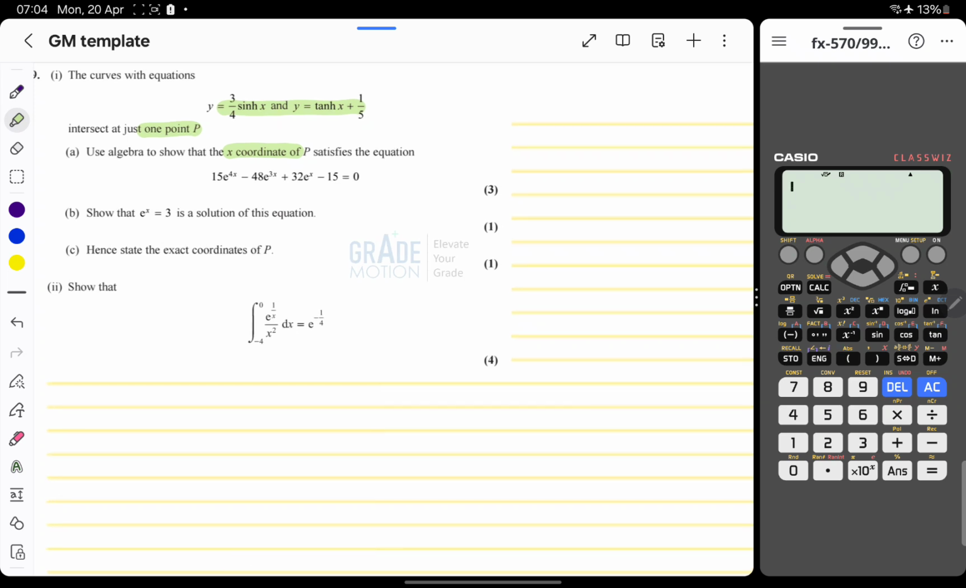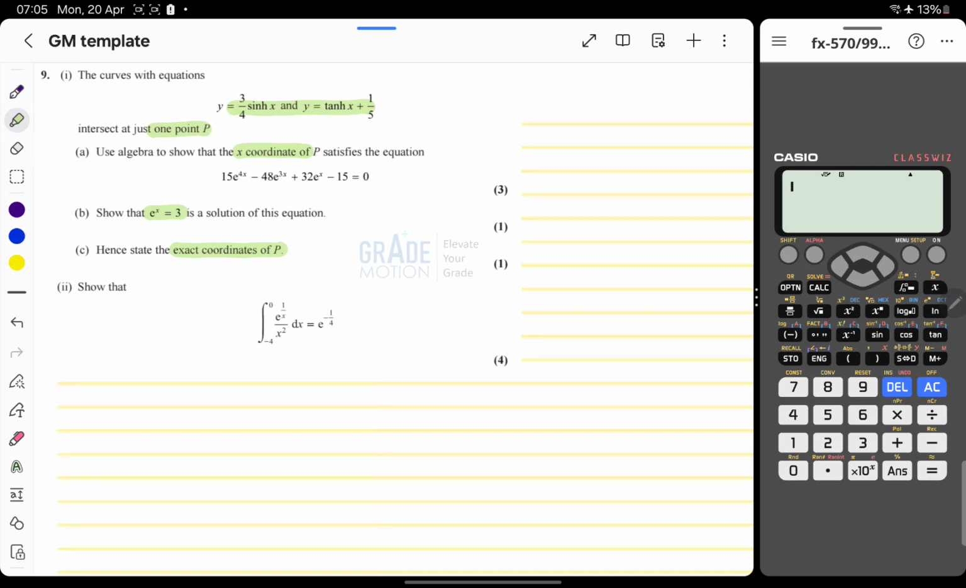For part B, they want us to show that e to the power of x equal to 3 is the solution to this equation. And for part C, they want us to state the exact coordinate of P. Whereas for part 2, they want us to solve an integration question. Let's begin for